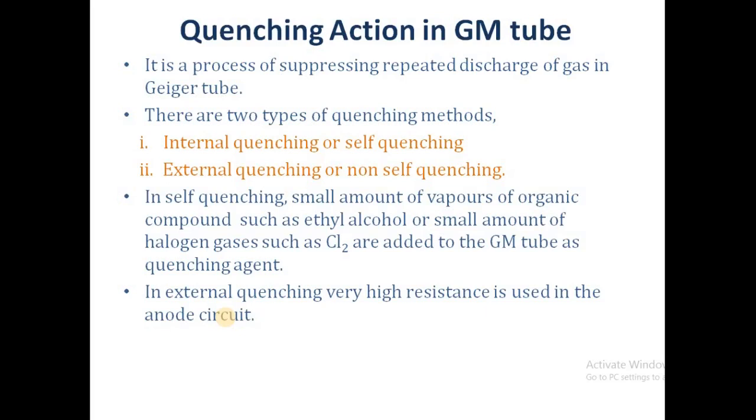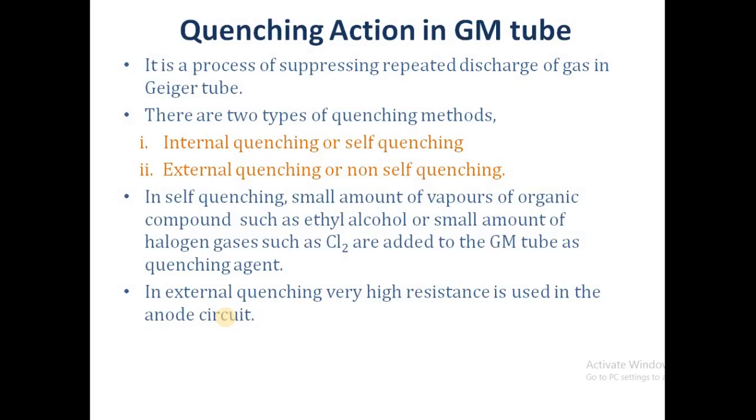There are two types of quenching methods: internal quenching, or self-quenching, and external quenching, or non-self quenching. In self-quenched type GM counters, quenching is achieved by the inclusion of a small amount of vapors of organic compounds such as methane, ethane or ethyl alcohol as a quenching agent, or a small amount of halogen gases such as chlorine or bromine as a